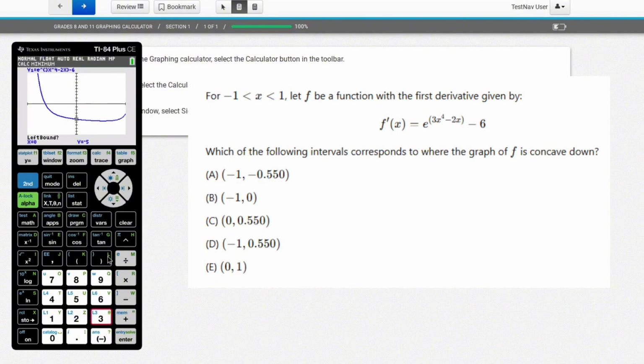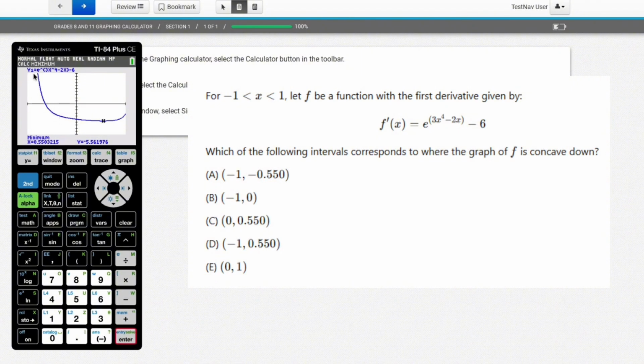The minimum is right around here, so we can hit enter right away and then just move to the right of it. Yep, I did that. Move to the right of it, and here it starts to increase right there. Hit enter, and our minimum seems to happen at 0.550. So our original graph is going to be